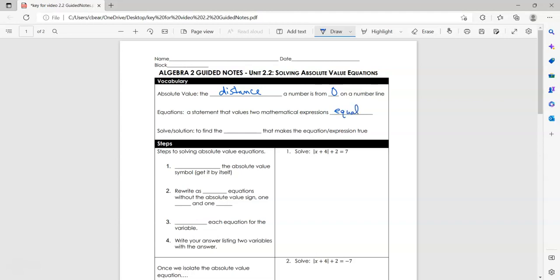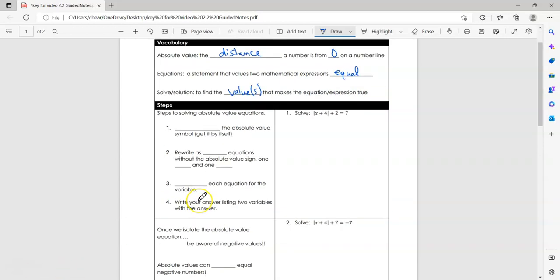And when you solve or find the solution, you are finding the value or values. So I'll put S in parentheses because sometimes it might be more than one that make the equation or expression true. Okay, so now that we got some vocab out of the way, let's go through the steps to solving